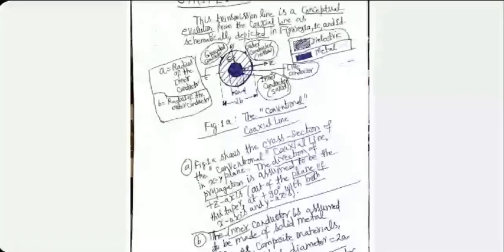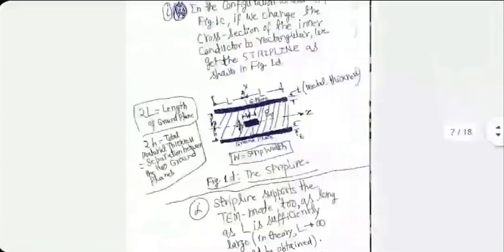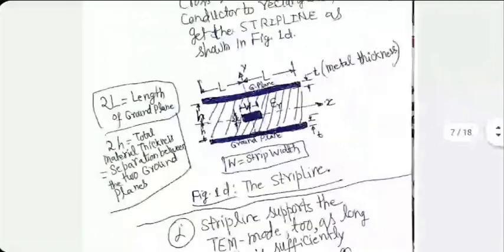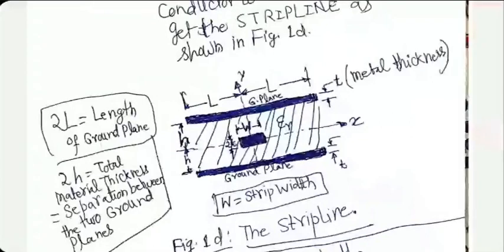TEM mode is relatively easy, mathematically speaking, to fight with. So we love it. So that same TEM mode will continue to work for the strip line also. That is the essential point I'm trying to tell. Even in this line, the direction of propagation is at 90 degrees to the plane of the paper that you are looking at right now. X direction is the horizontal direction, Y direction is the vertical direction, Z direction is the Z axis, okay? So there will be no E component along the Z direction, there will be no H component along the Z direction.